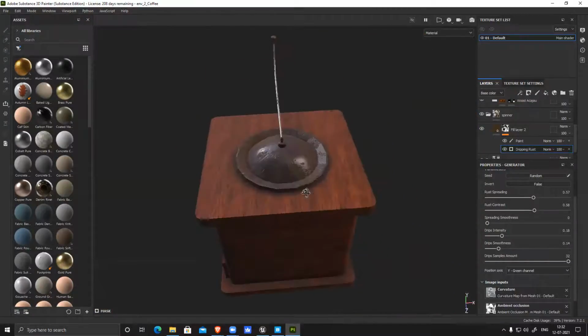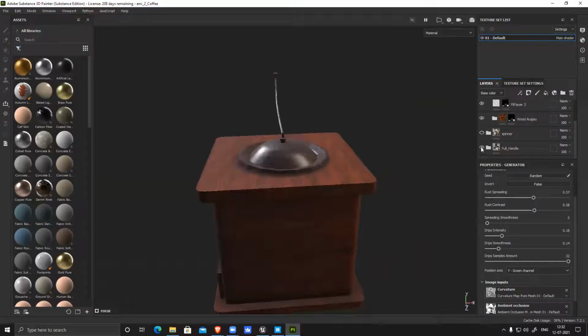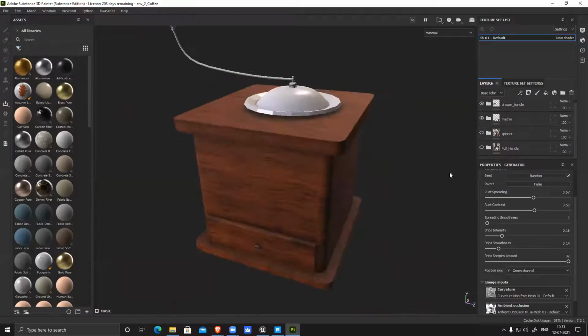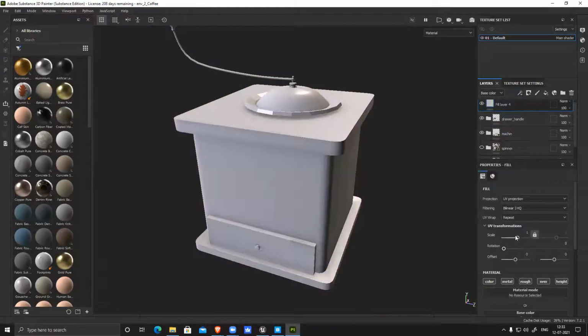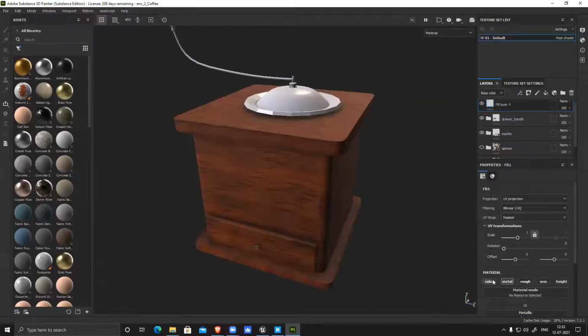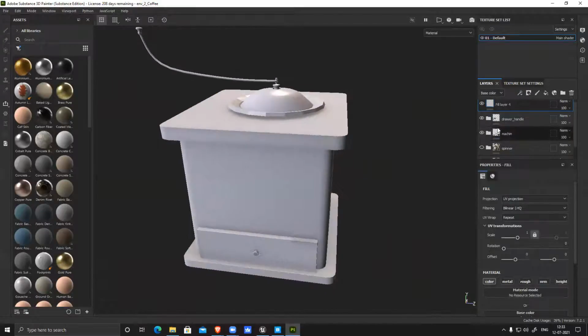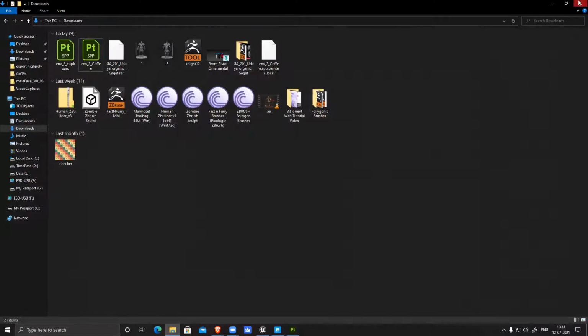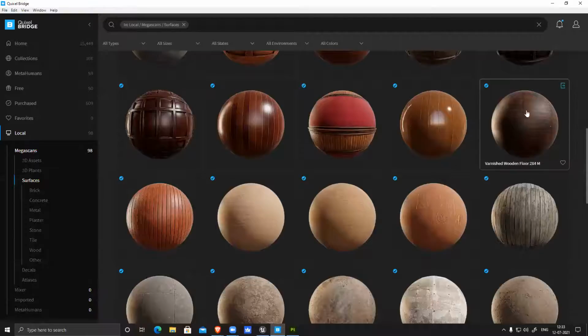Let's see. Okay, I'll hide this one. Suppose I have this surface and I want to apply only one texture on this. Let me see if I have any textures. I guess I have closed it. Just give me a second.